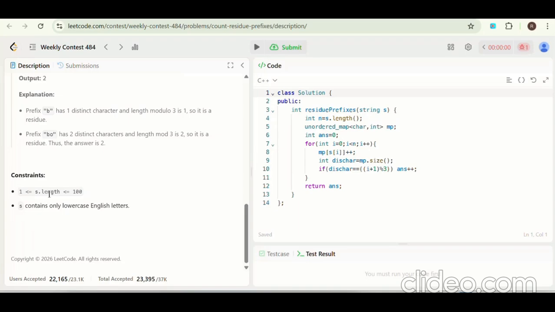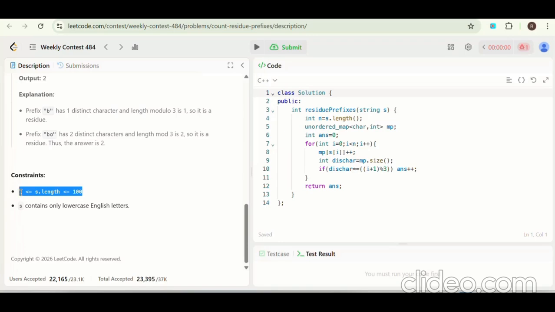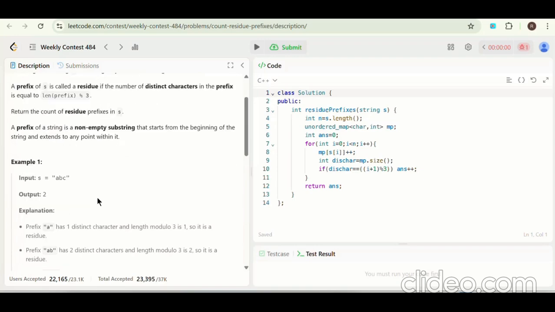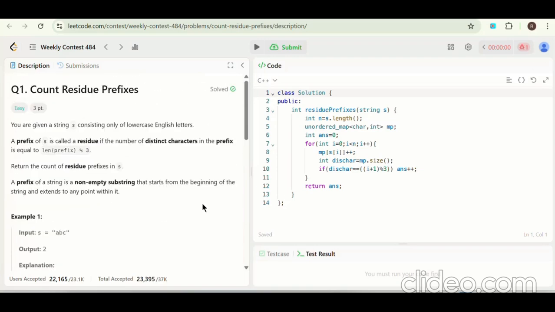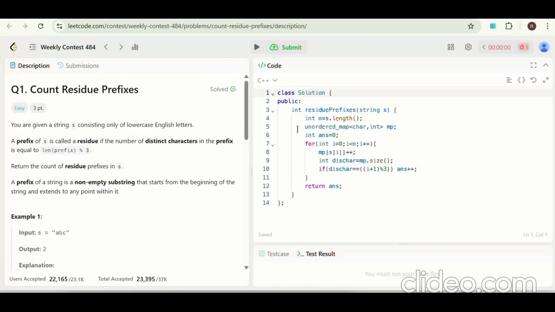The constraint is s.length is from 1 to 100. So the constraint is very small, so we don't need to optimize it, and we can just use the brute force approach. So what I did is I used an unordered_map of char to int. Char, because we need to store the character, and then I looped from the zeroth index to the end of the string, and I'm storing the character in that map,